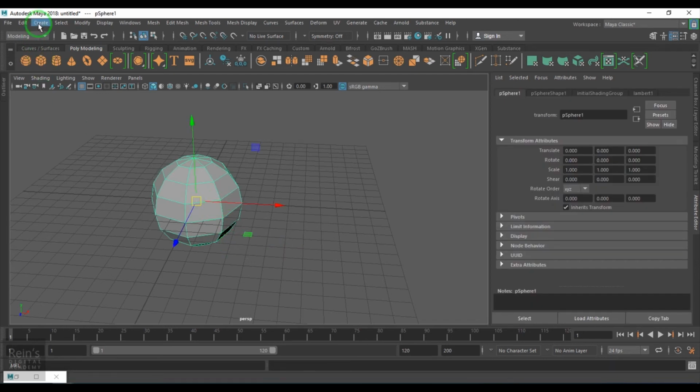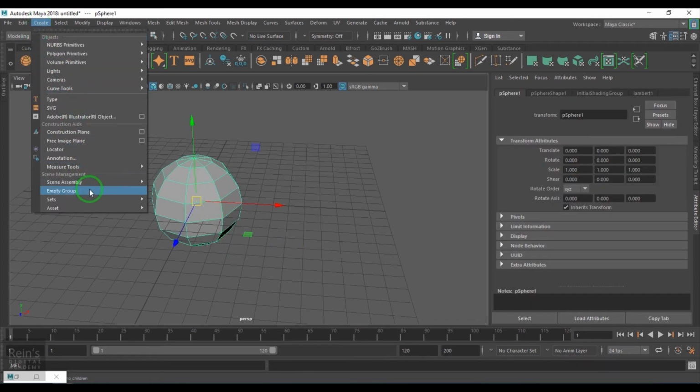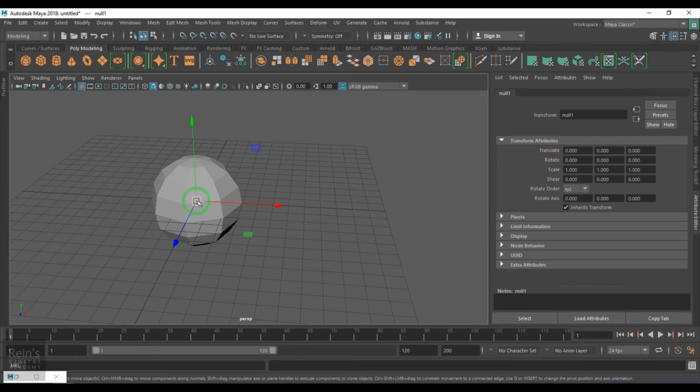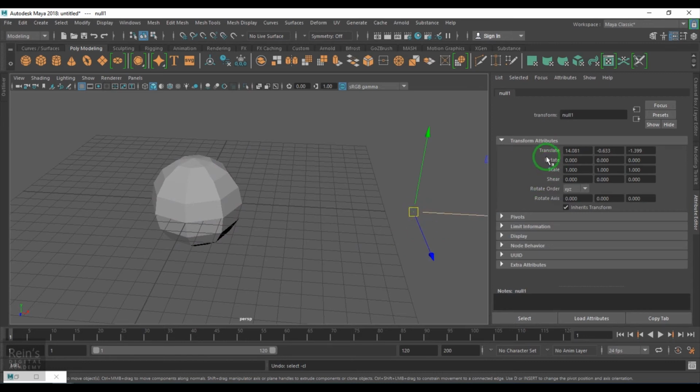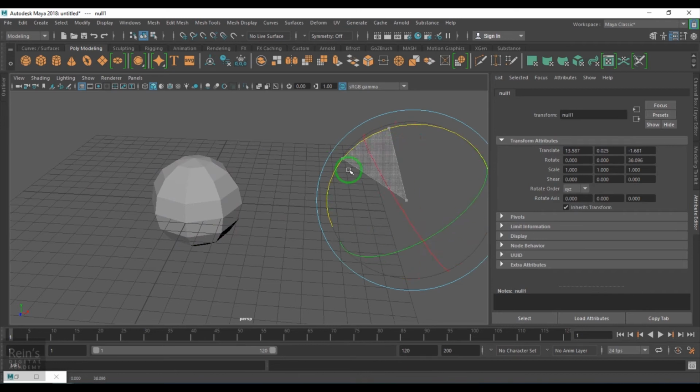Okay, so if I go to Create, we have this nice option called Empty Group. The empty group is invisible to me, but if I select it, I can move it, rotate it, scale it, and so on. So it is very important for you to understand what a transform node is.